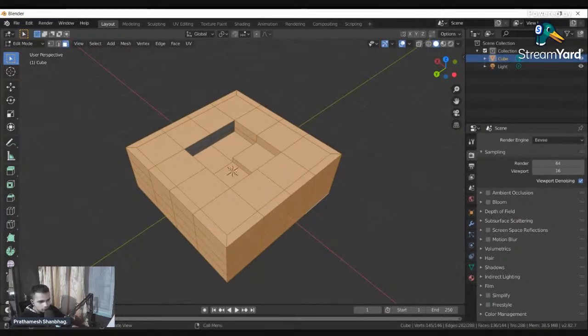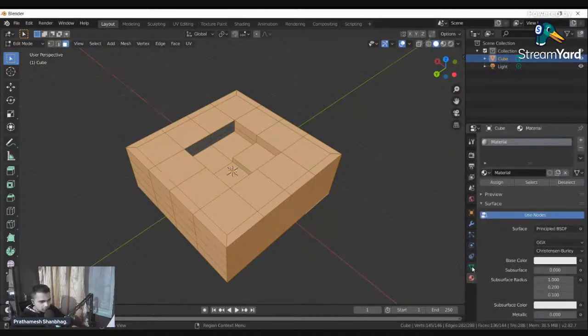And now we are going to give it materials. This option that you see, the circular red ball, that is the materials bar. Here you can assign materials.